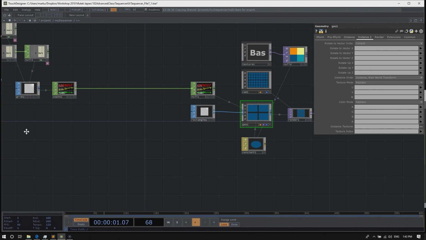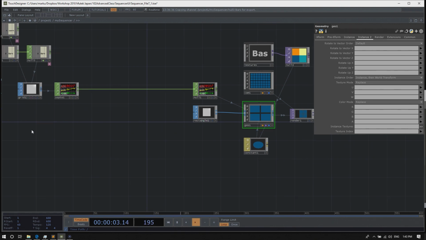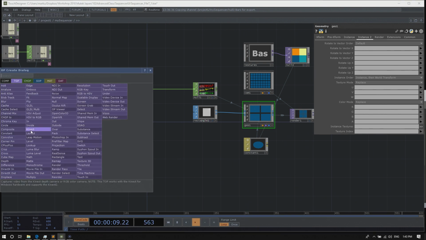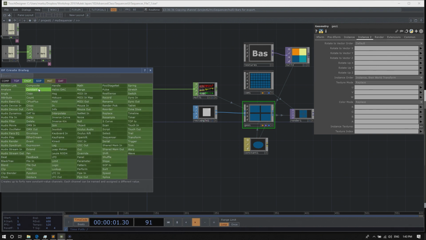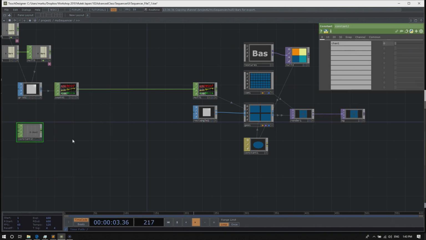To control it with the W value, we need to create a W parameter that instancing can reference. For initial testing, let's create a constant CHOP and name the channel TextID.